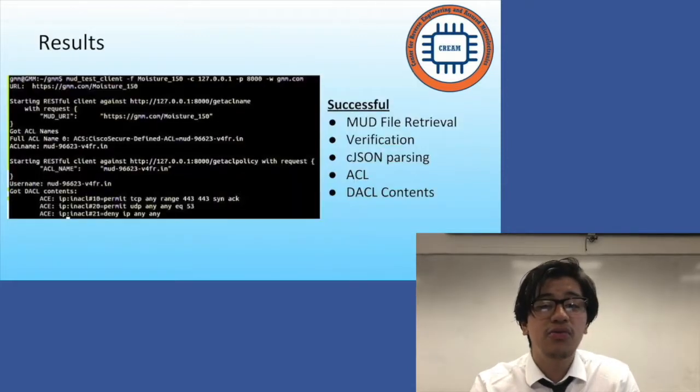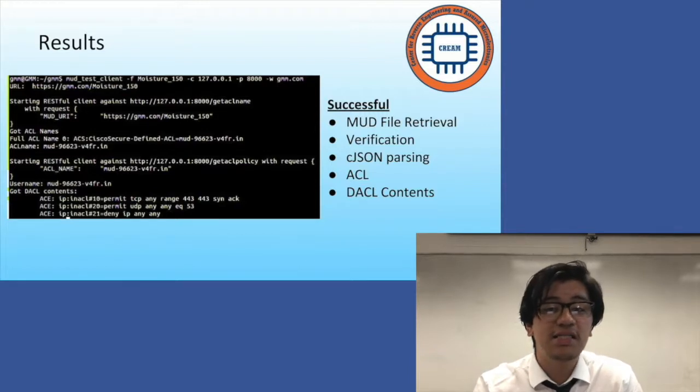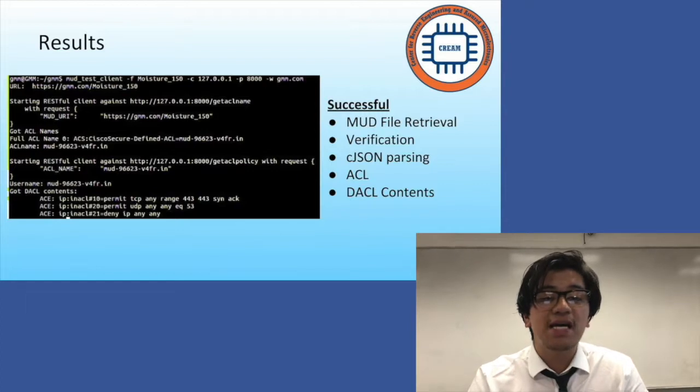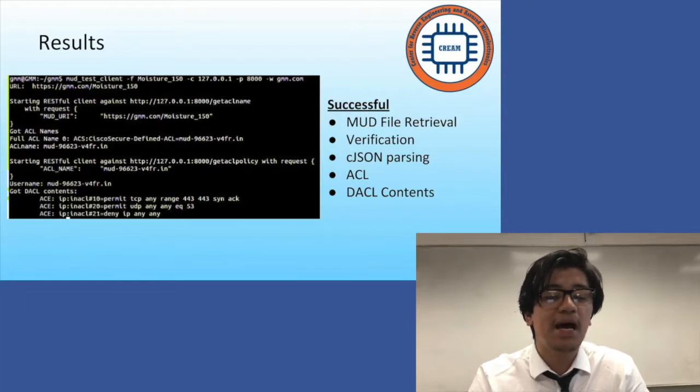Now that my partner has gone through the technical process of the MUD Manager, we ran this program with our IoT device and got this output. This is similar to the output we showed earlier with the Luminaire example. This output demonstrates that we were successful in retrieving the MUD file from the Apache server, and we were able to extract the access control list. Now, our Cisco switch can understand the access list that it will need to implement on itself. As you can see in the bottom three lines, this is the language that the Cisco switch can understand perfectly. To have the switch receive this output, the MUD Manager needs this specific URL that is shown in the second line from the top,